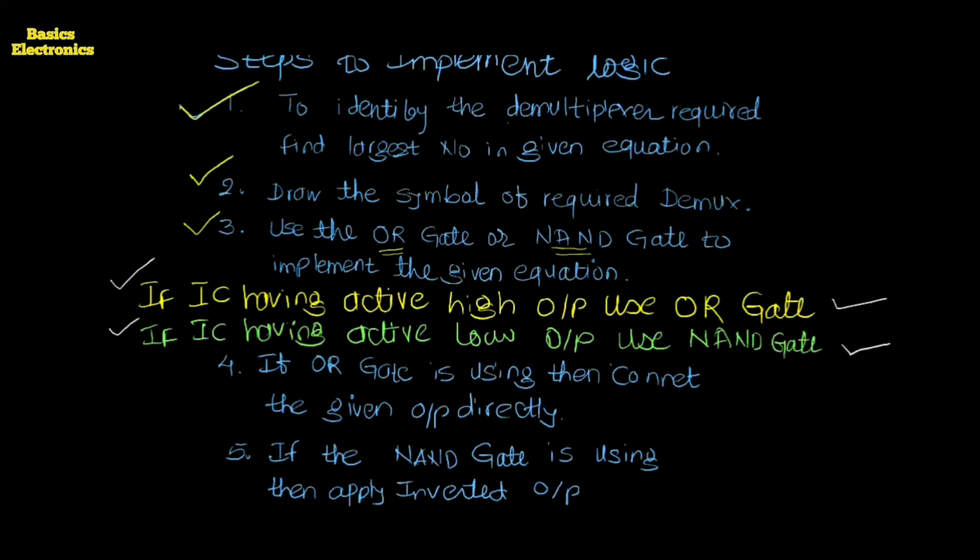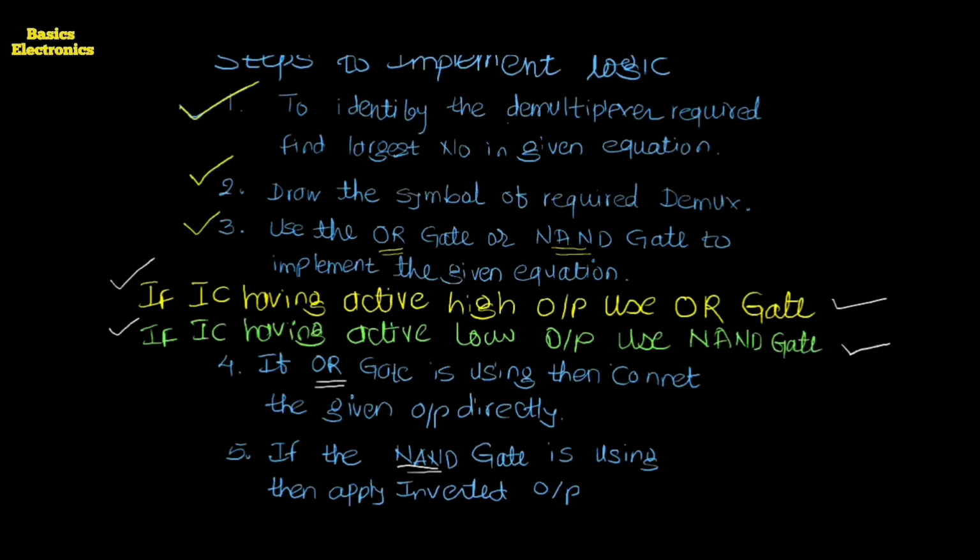Okay, so if we are using the hardware, means we are going to design the logical circuit by using the IC, then we have to follow this condition. If we are designing it theoretically, then here we can use either OR gate or the NAND gate. Or directly we can say, if the question is given in the examination like this, implement the following two equations, F1 equals to so and F2 equals to so, then we can use either the OR gate or the NAND gate.